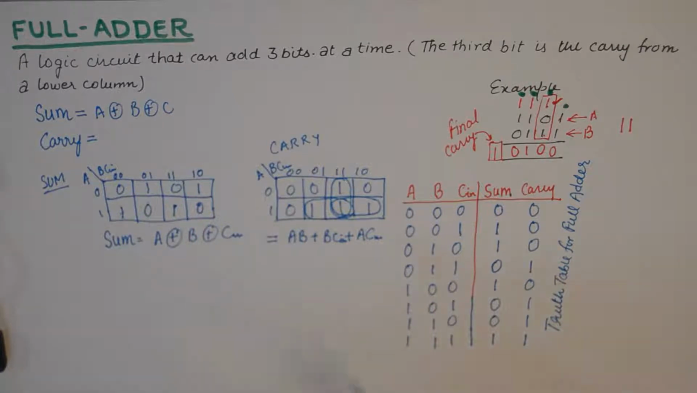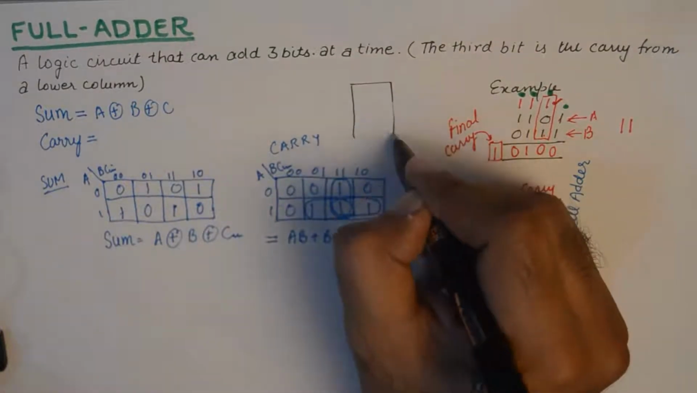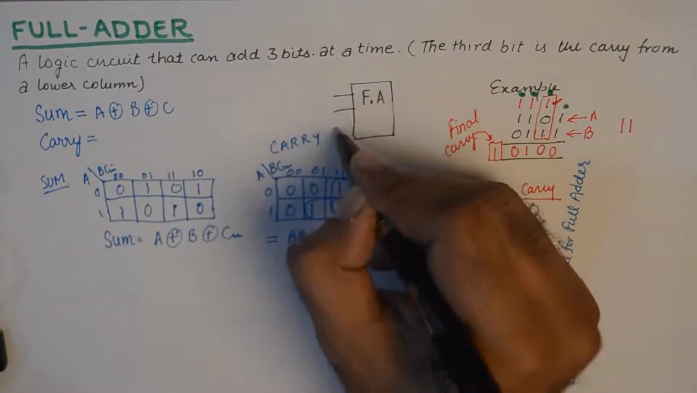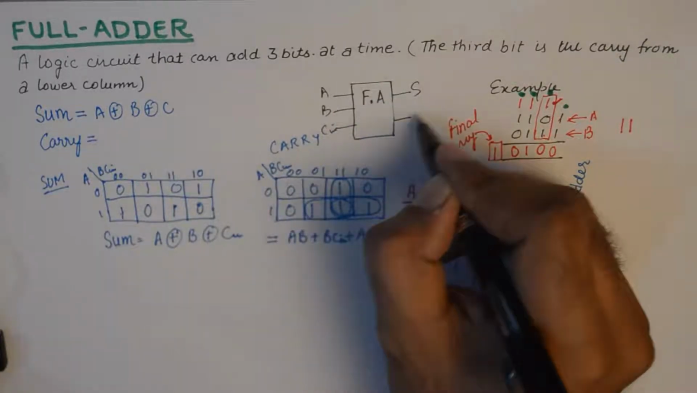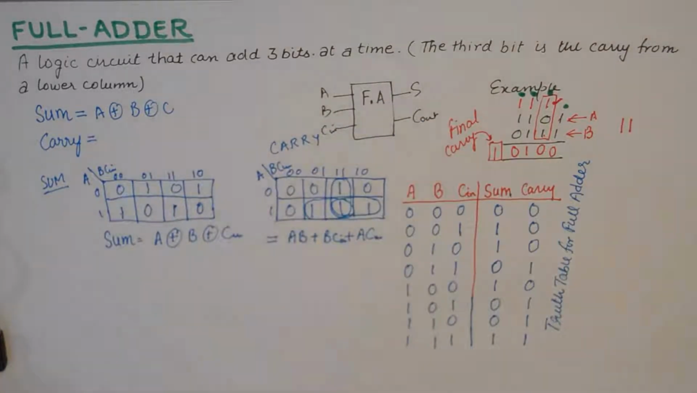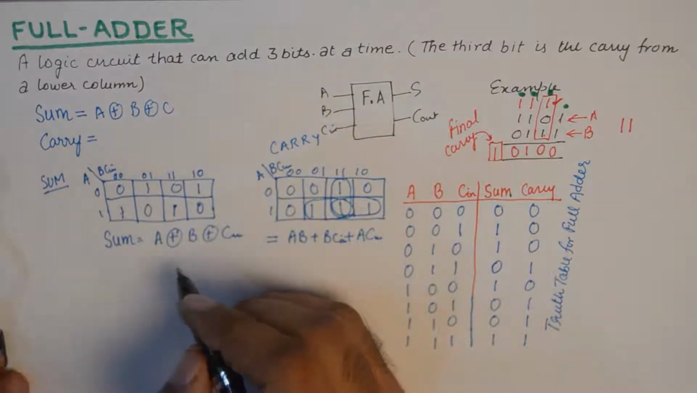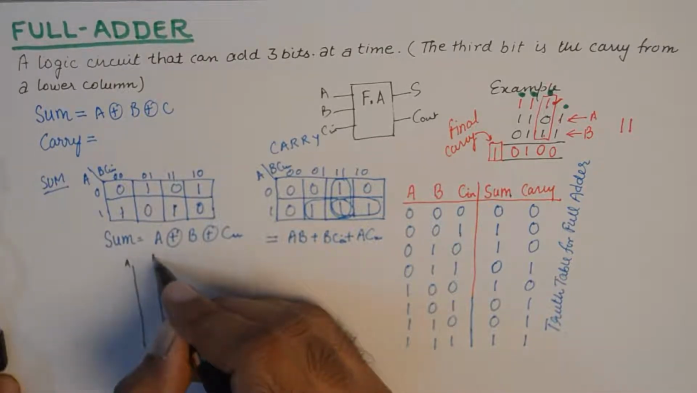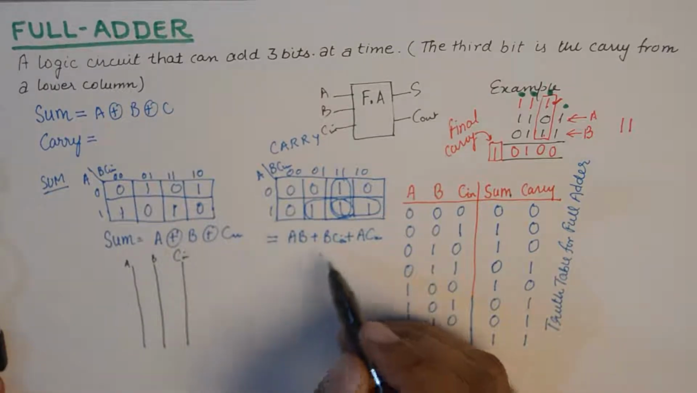So once we have this thing sorted out, then drawing the combinational circuit is not tough, because a full adder will have three inputs, A, B and C in, and it will give us a sum and C out, right? So we'll take three inputs, A, B and C in,